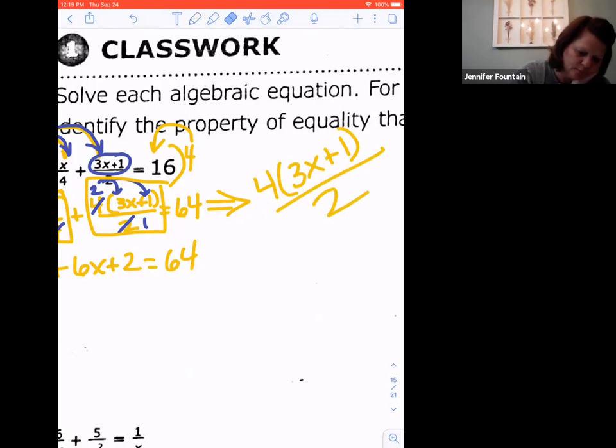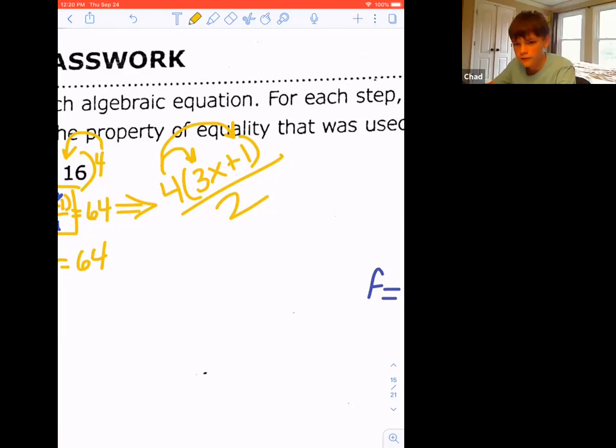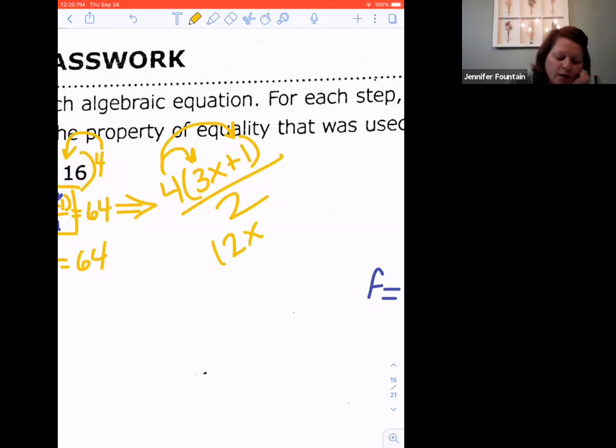Okay, that's what we had on that right-hand side, but then we said, hey, we can cancel first. Had we not canceled, I would end up with 4 times 3x and 4 times 1. What is 4 times 3x? 12x. And then 4, so I would have 12x